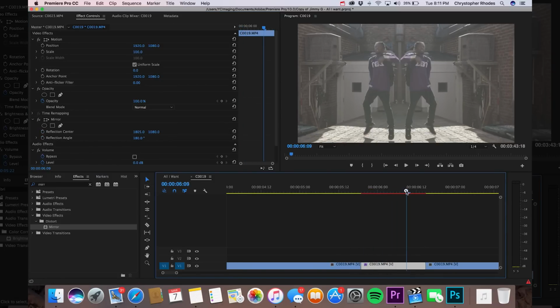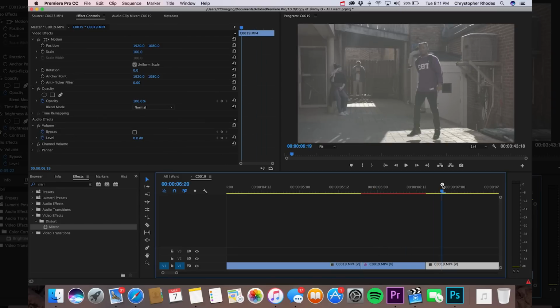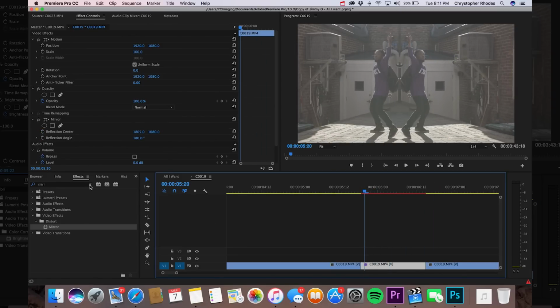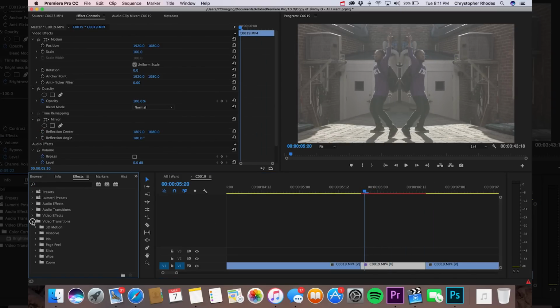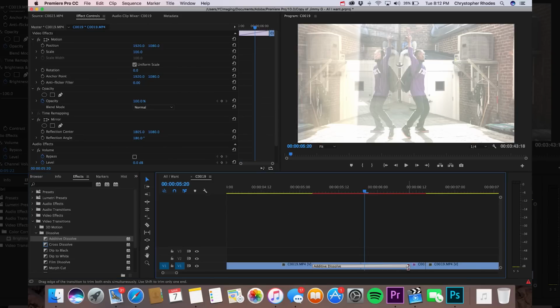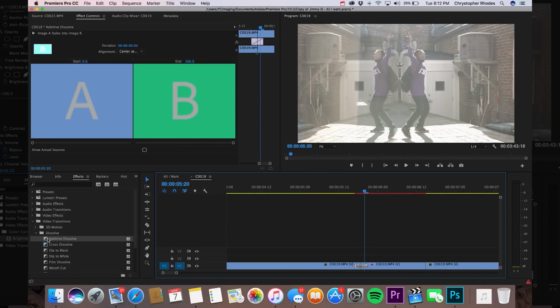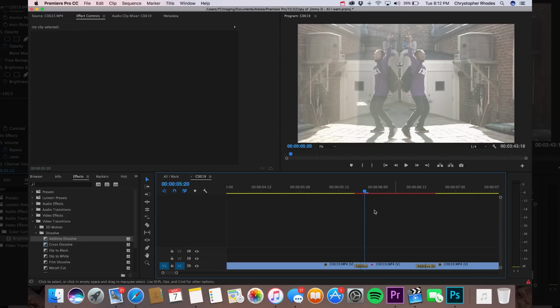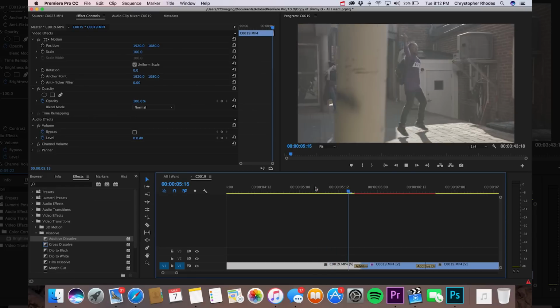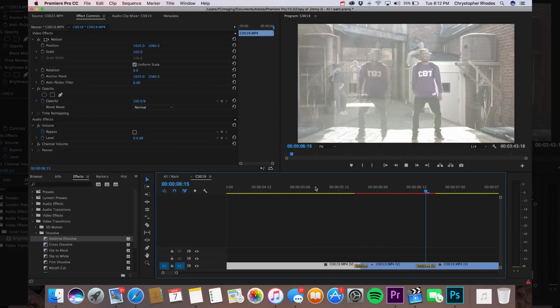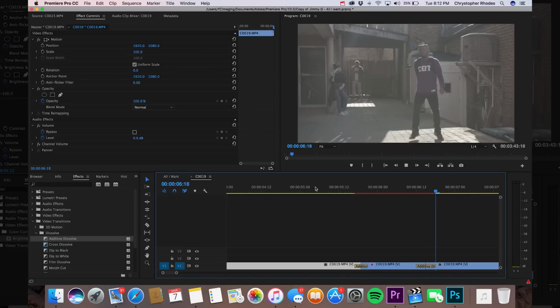And a way to get this to transition in a cool way is I would personally go in and add an additive dissolve before and after. Not a big one, a very small one, just to give it a nice flash effect at the beginning and end, as I said. So it flashes in and flashes out. You can do whatever you want. You can add in a cross dissolve. You can non-additive dissolve this, which will probably look super cool as well. I'm actually going to try that to see how that will look. So let's just run through it and see. As you can see, it flashes in, flashes out, looks super cool.